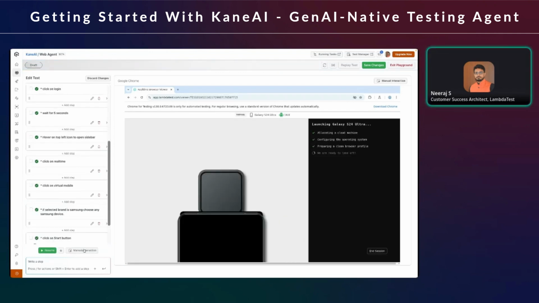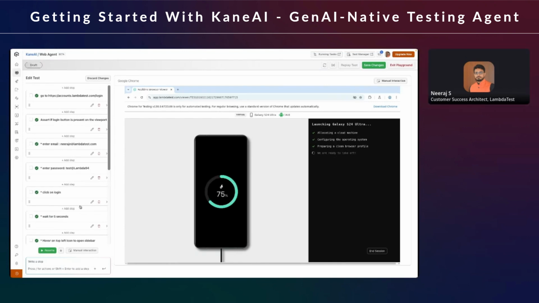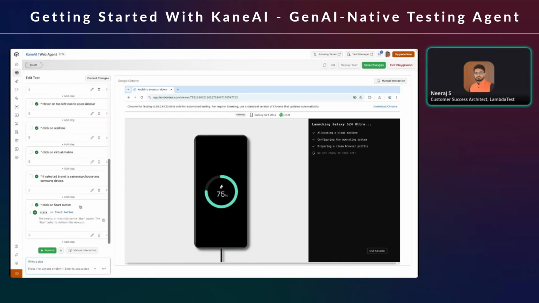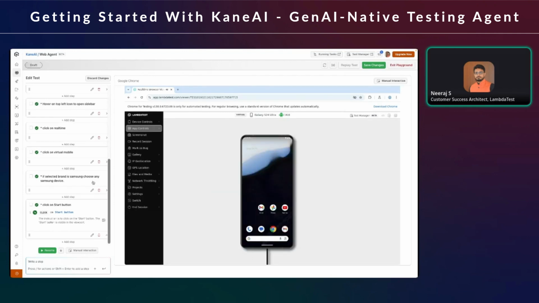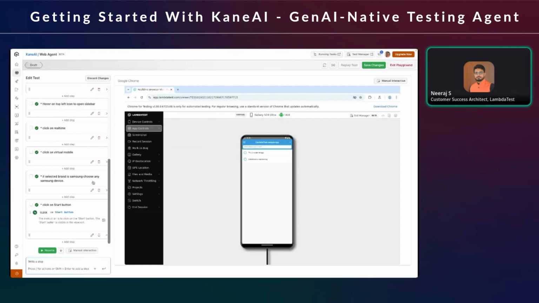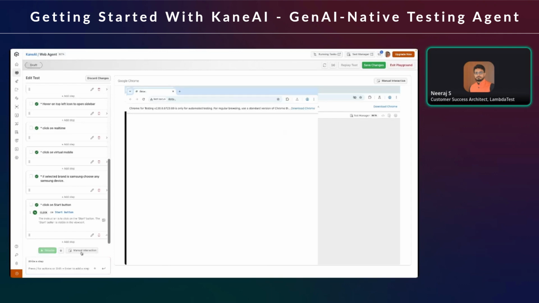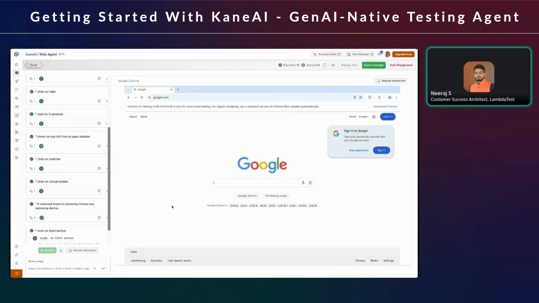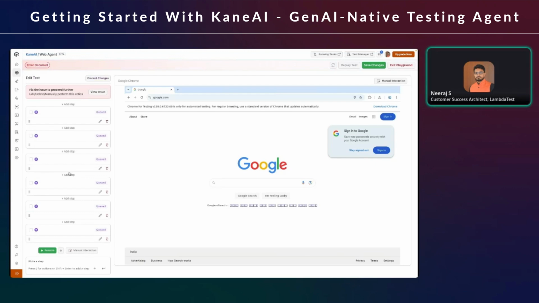One more thing that you might have a question about is, once the test is created, is it possible for you to manually interact? Let's say there is some kind of command or prompt that you're not able to give to KaneAI, can you manually perform that particular step in KaneAI? So KaneAI also gives you that option, where you can simply click on manual interaction. This will open up the window on the right hand side, the same action, but